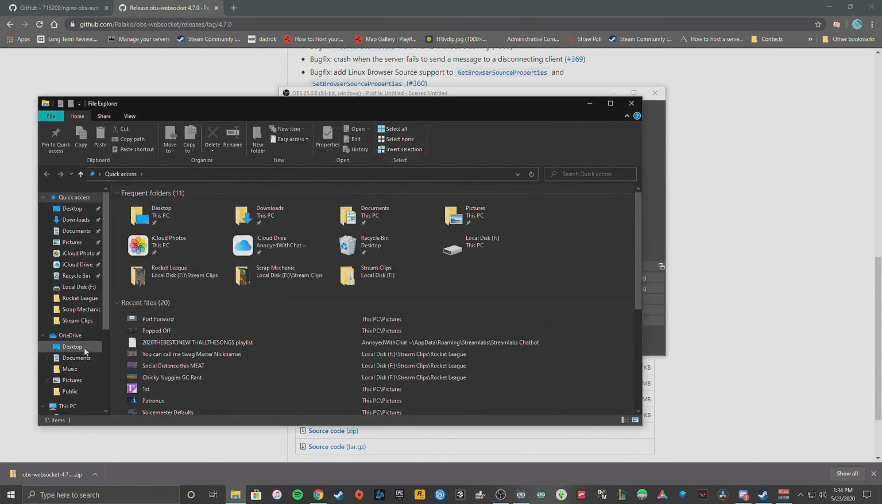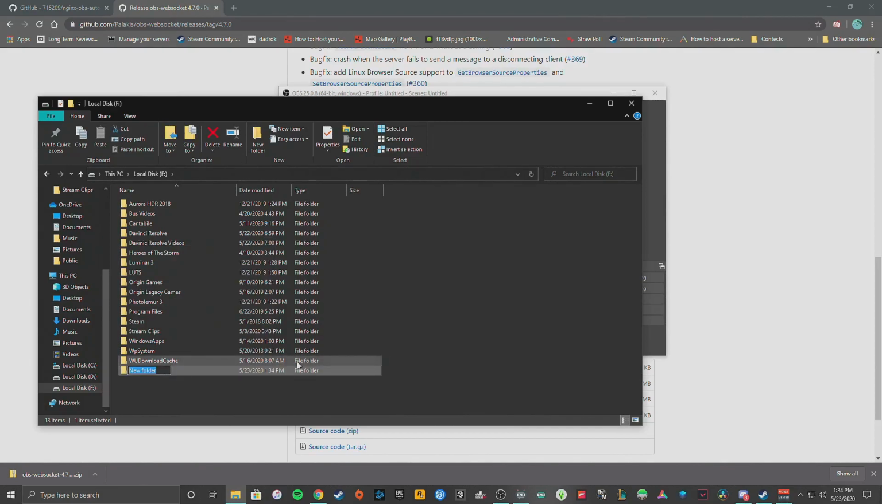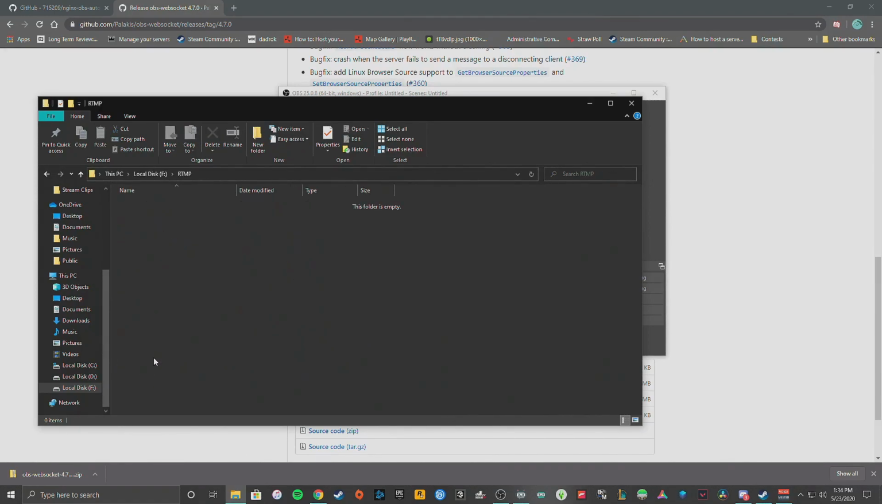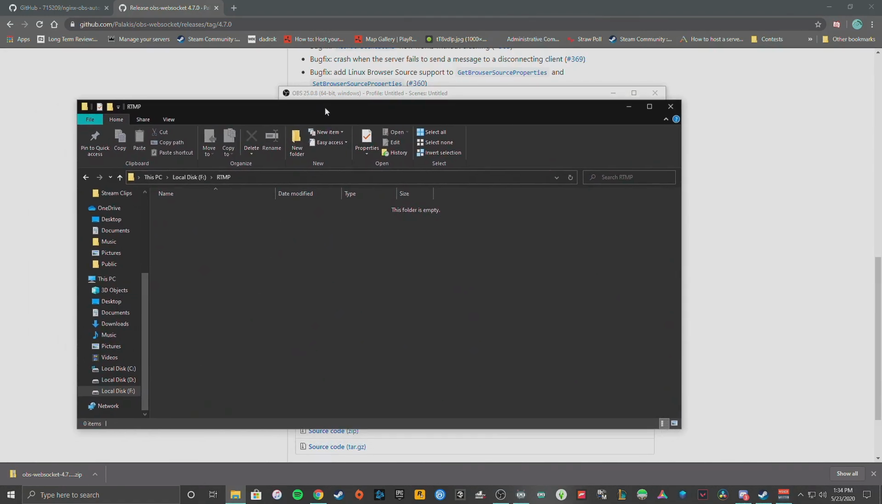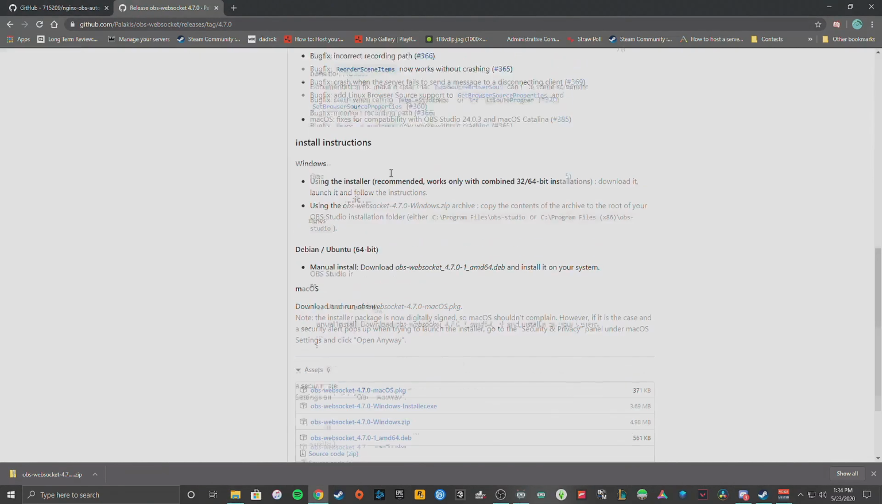So let's go ahead and make a folder. I'll put mine on my F drive. You can put it on your desktop, on your C drive. Make a new folder, and we're going to title it RTMP, or whatever you want to call it. Maybe RTMP server, RTMP with scene switcher, whatever you want. I'll just call it RTMP for this. Alright, so now that we have that done, we can close that all down for now, leave that folder open,